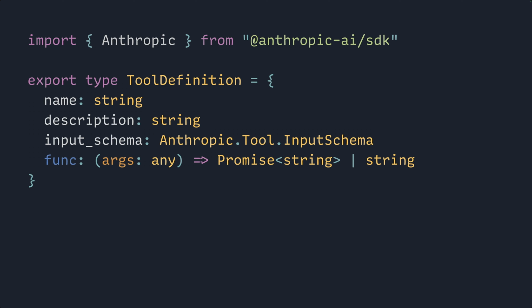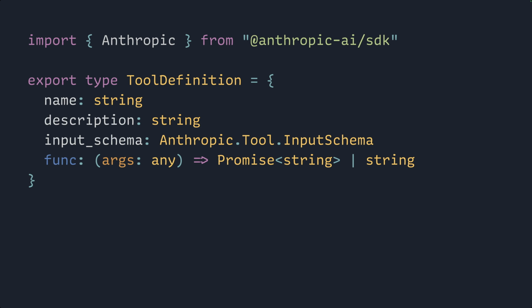This is a schema that says what arguments or parameters are required when sending a request to run this tool. And the last thing is the function. That's not there for the LLM, that's there for us. When the LLM asks us to run this tool, this is the function that we will call to do the work for it. It will return either a string or a promise of a future string